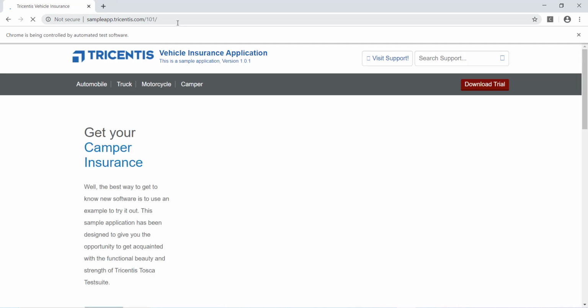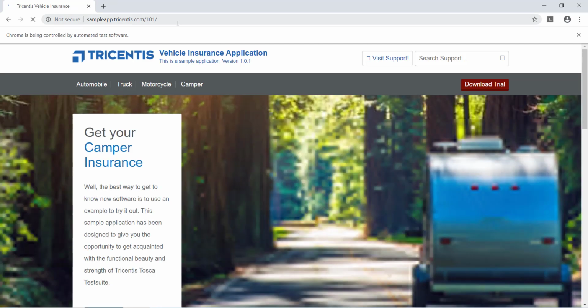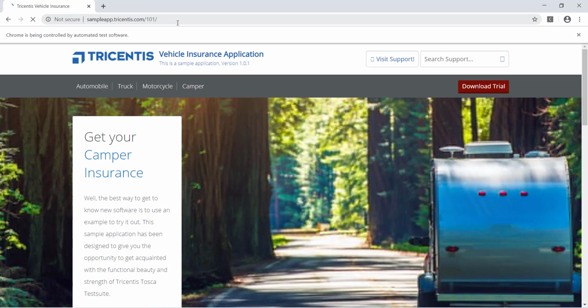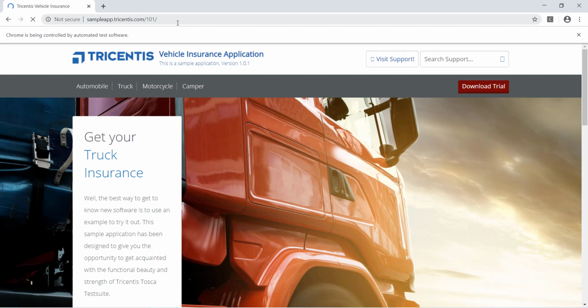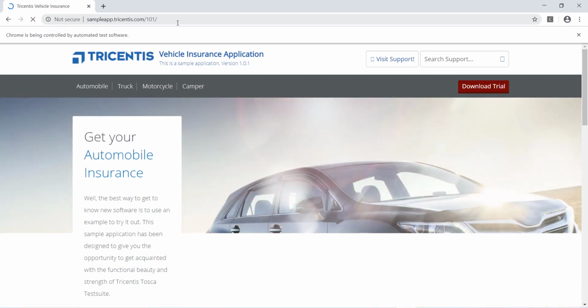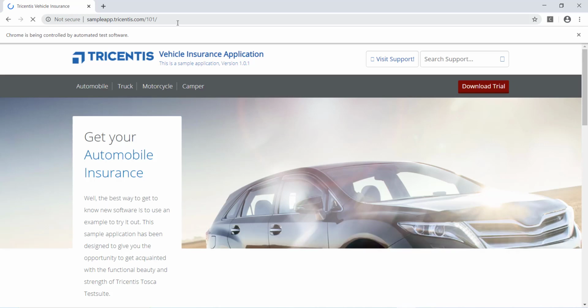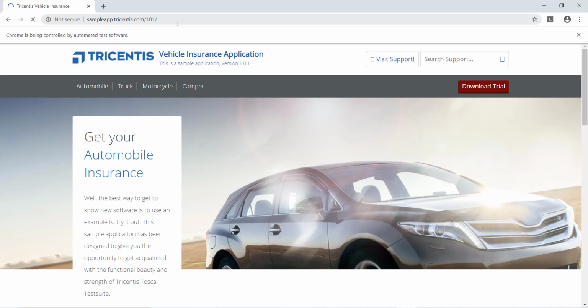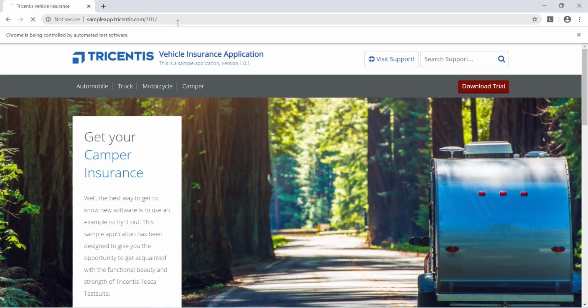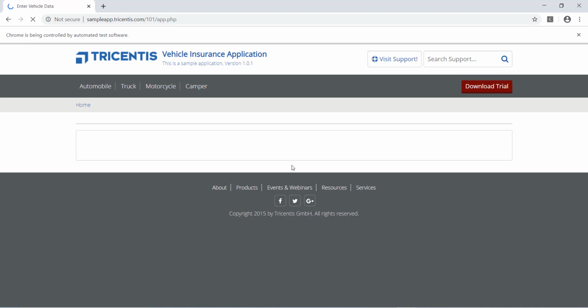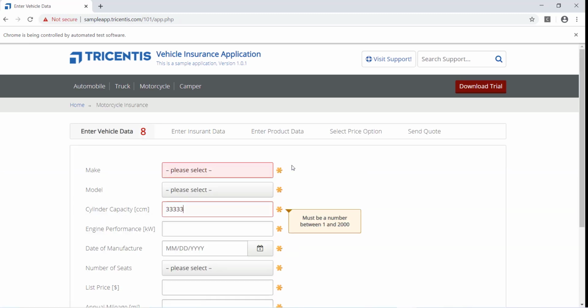Now it should click on motorcycle and navigate to fill vehicle data, where it will enter some value, cylinder capacity. It's still loading. Okay, it's loaded, and you see it has clicked on motorcycle, and now it should take me to the motorcycle page. Yeah, we are there, and it has entered cylinder capacity and it has failed,